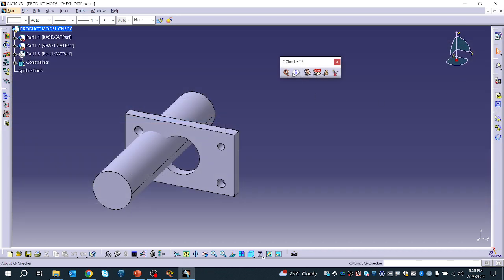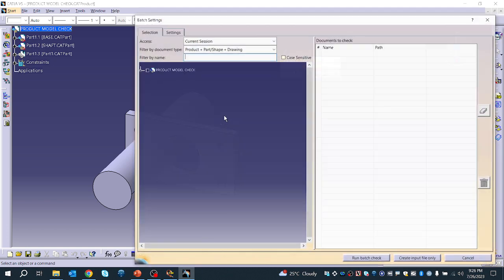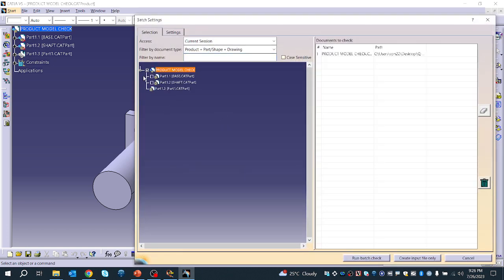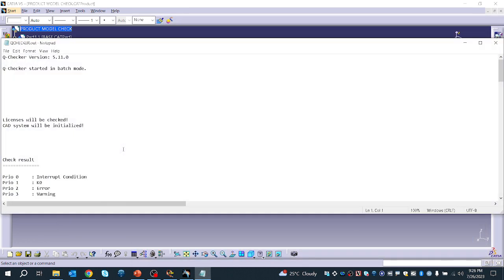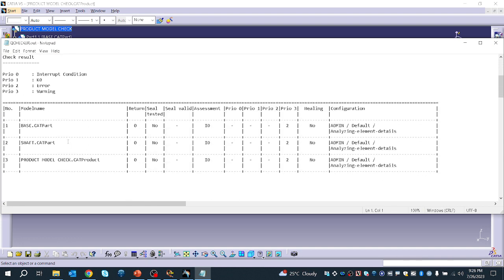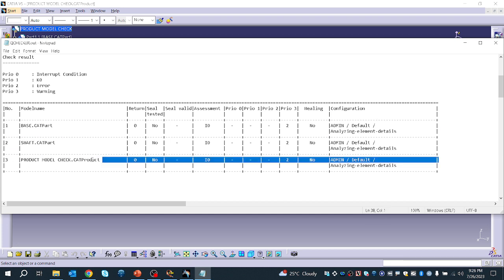Okay, if you want to run the check for the product as well as your part, you run it, it will do the check, and you can see it is in the base part also checked. Then part level checks are also there, then your product level checks are there. And see, this batch run check is only possible whenever the check is available in your admin environment. Okay,